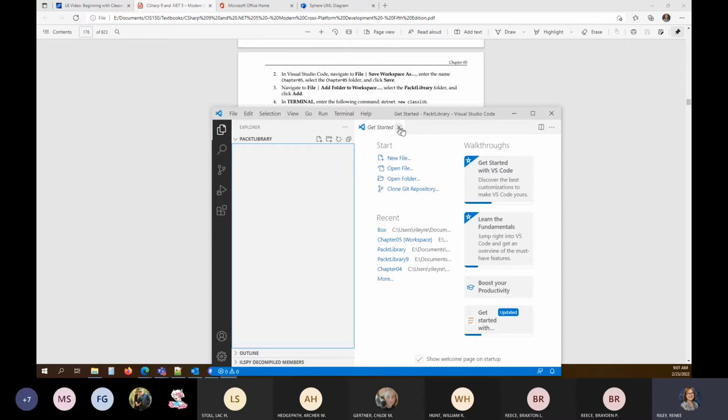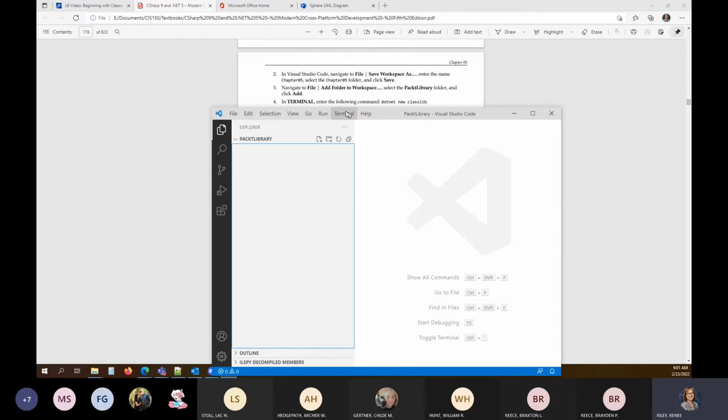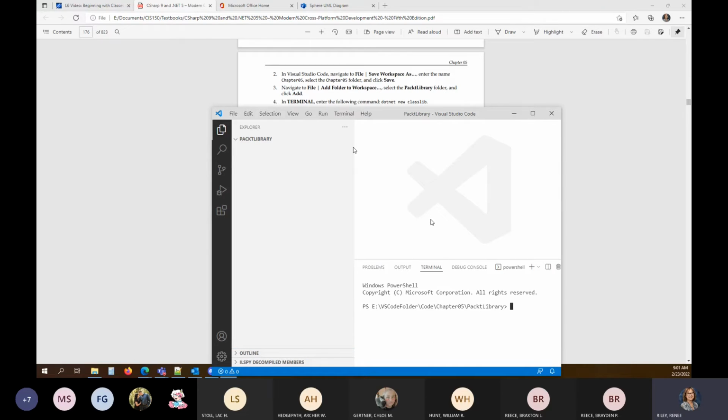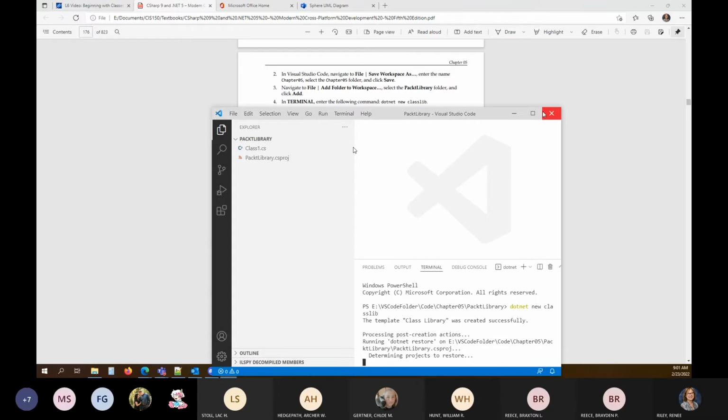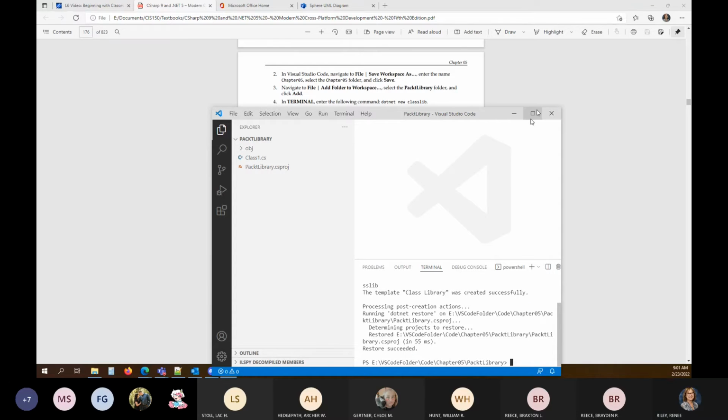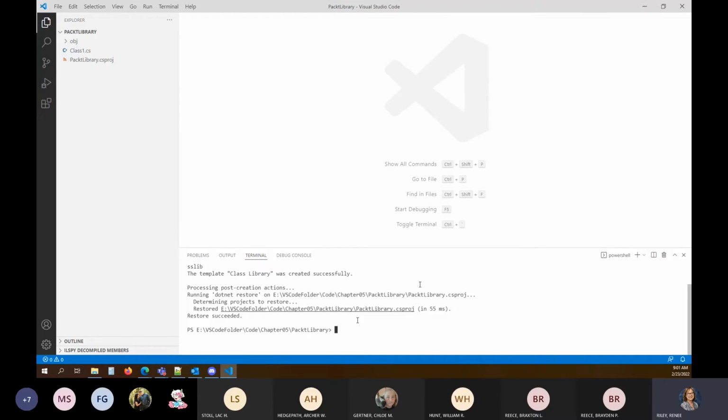So I'm going to open my terminal window and enter that command, dotnet new classlib. And what I hope to see is that my class library was created successfully, and I've got my new files over here under my Packet Library folder.